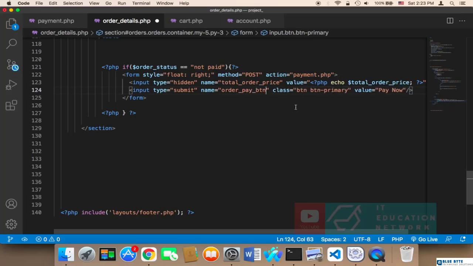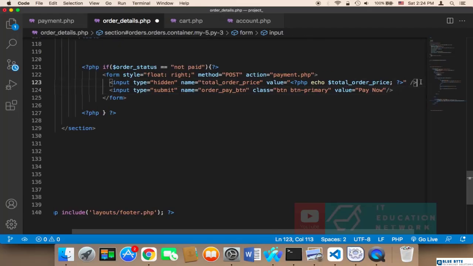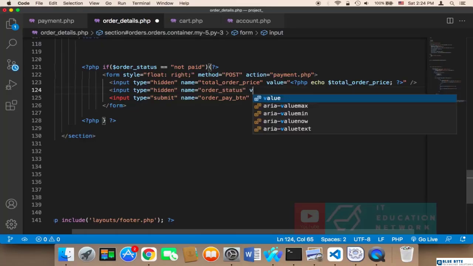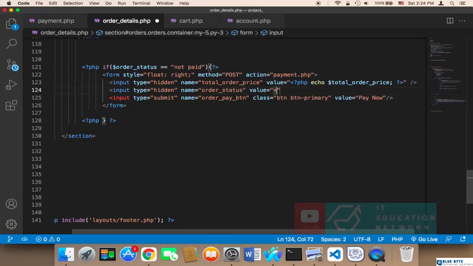And lastly, we need to get the order status. So also the order status is very important. I'm going to create another input, type hidden, name order status, value PHP echo order status, semicolon. That's it. Now in the